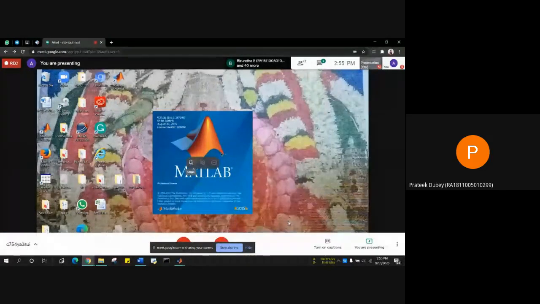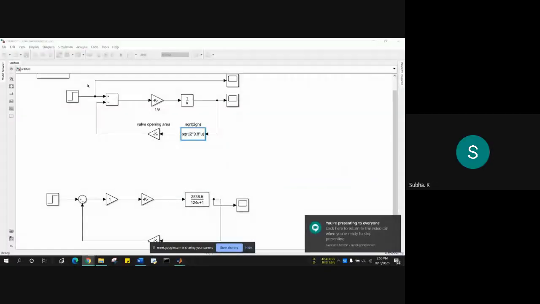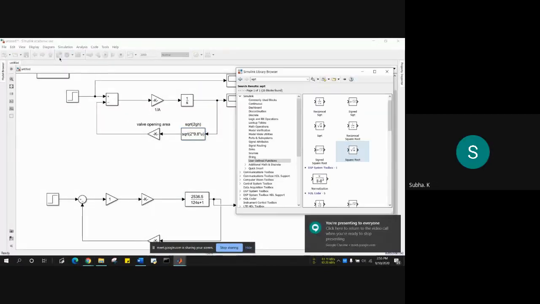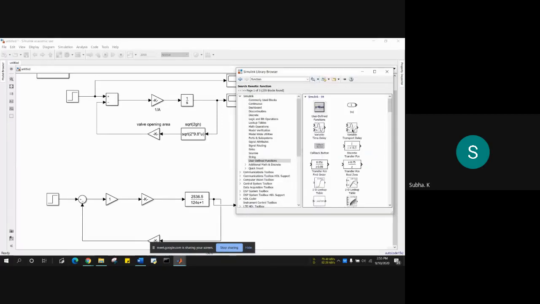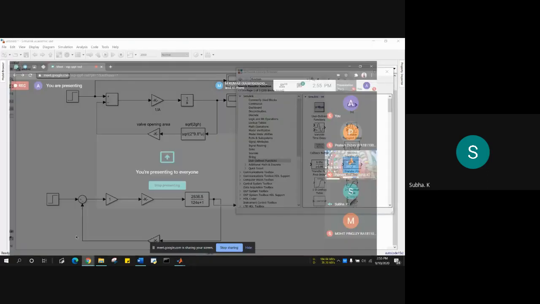Ma'am, how did we get that square root one from FCN? You have to type SQRT of 2 into 9.81, and you represent the signal input to it. So that is output, you present level height. FCN, you check it out, others also. This block is new to you, so you should know how to pick it out. Give FCN. User defined function, that one. You can give any formula in that box, whichever way you want. U represents the input to it.